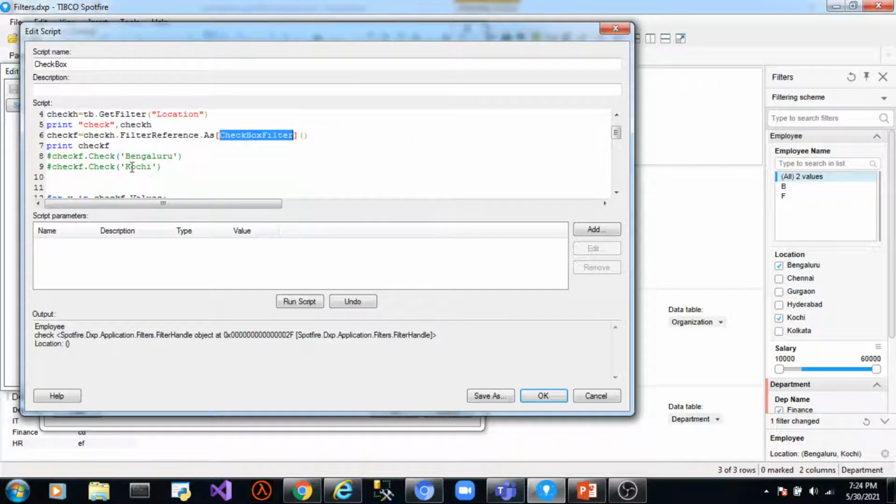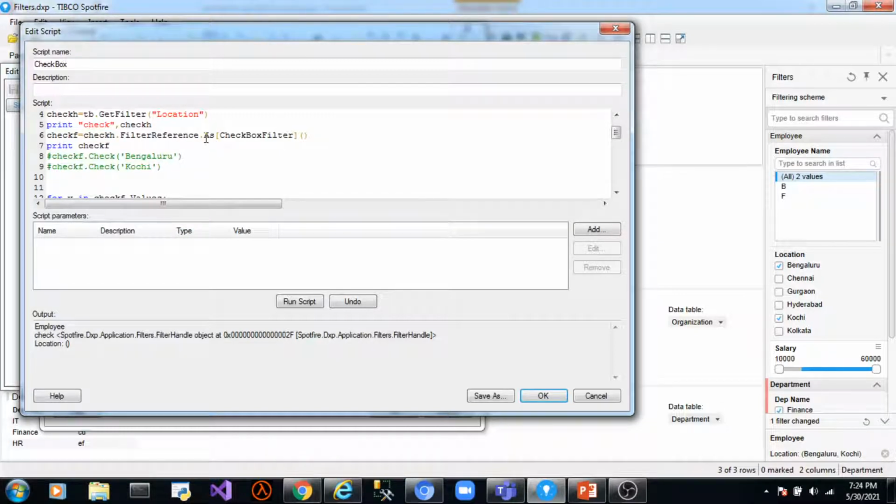Now with this checkbox filter type object we can use all the methods and properties which are defined in the checkbox filter class. I repeat, this is returning a value of type filter class, which means with this filter handle or filter reference we can use all the methods and properties defined in the filter class. In the filter class, there is a method defined as.